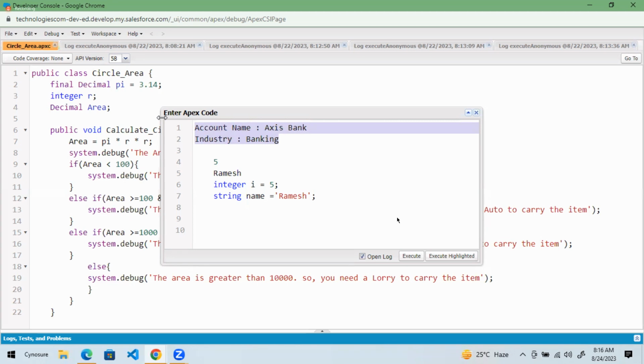If I store these separately, name separately, age separately, then by seeing the age, can I understand whose age this is? There are 4 people, 5 people, 100 people. Then by seeing the age, can I understand this is Ramesh's age? By seeing the phone number, can I understand this is Ramesh's phone number? That's why I want to store everything together as one record. The entire record, I want to store it as